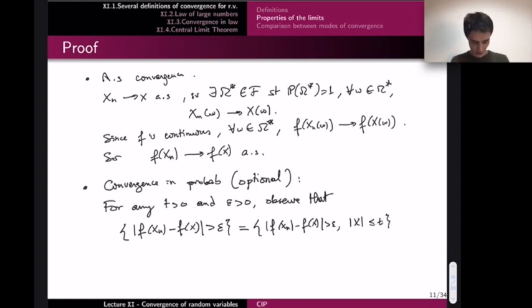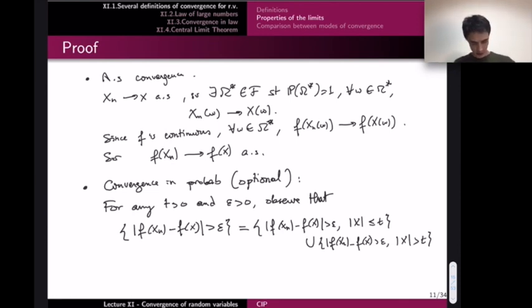But if I do that, this is not an equality, so I need to add something. I will add the same thing, f of xn minus f of x greater than epsilon, and here the complement of this event is x strictly greater than t. Okay, so it's not difficult to see that it is an equality, sorry, greater than t, of course.